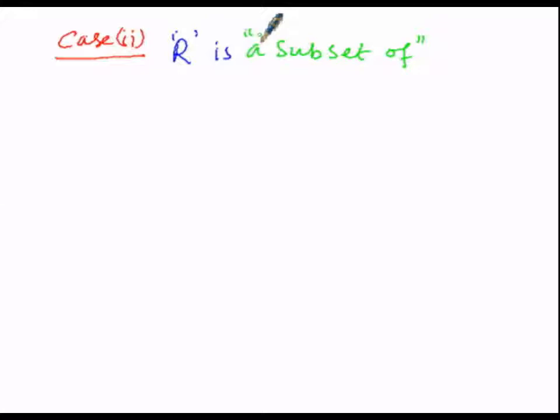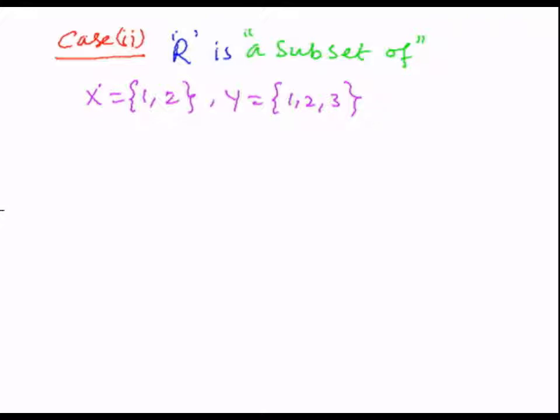So in our case number 2, to be a symmetric one, the given relation R is a subset of. But here let us consider the two sets, that is x, the elements of x are 1 comma 2, then the second one, y, is equal to 1 comma 2 comma 3.